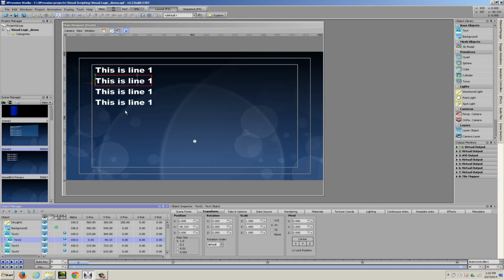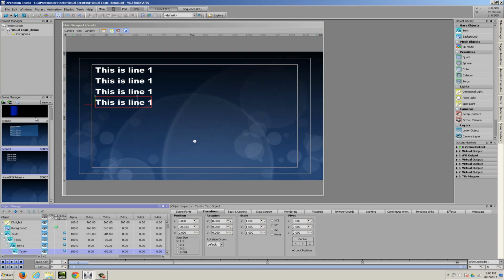So this makes it a lot easier when we're trying to add positional values to this, because we are simply adding to its relative value in this case. We don't have to worry about its absolute position inside the scene or inside of our viewport. So I'm going to do this for text 3 as well. It'll become a child of text 2, and text 4 will become a child of text 3, just like that.